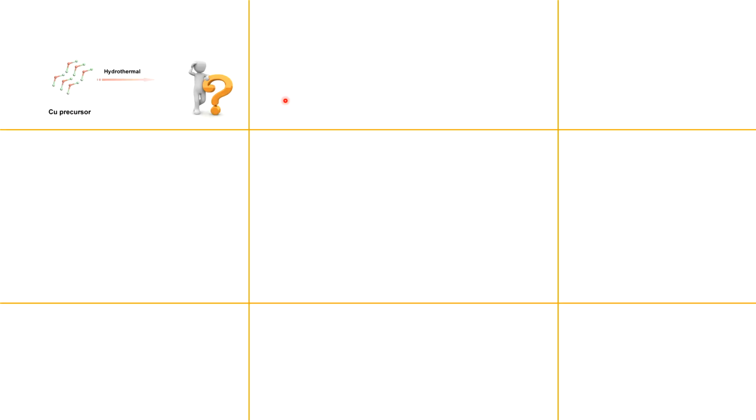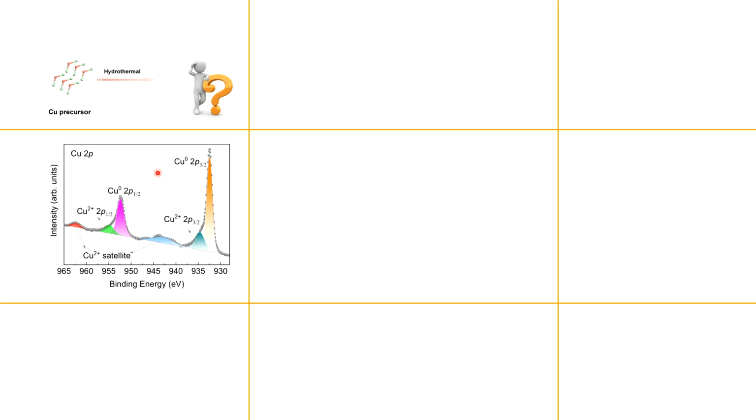So this is the main slide of this video, in which we are going to see how we can estimate the resulting structure based on the XPS. For example, if we take some copper precursor, follow some procedure and protocols, and synthesize some unknown material, and then we measure the XPS spectra. By looking at the XPS spectra, we can see that the copper is present in the 0 oxidation state